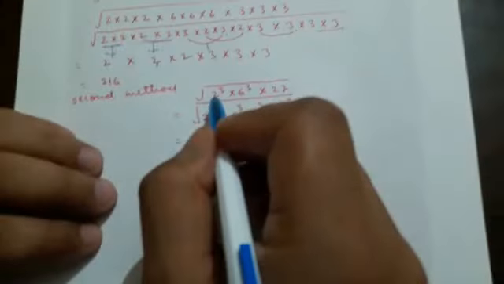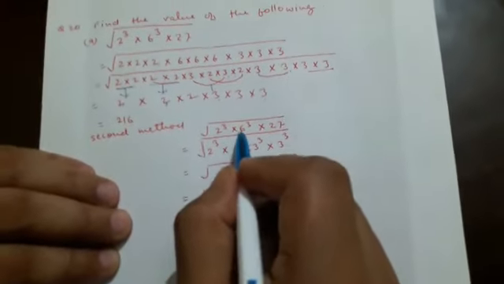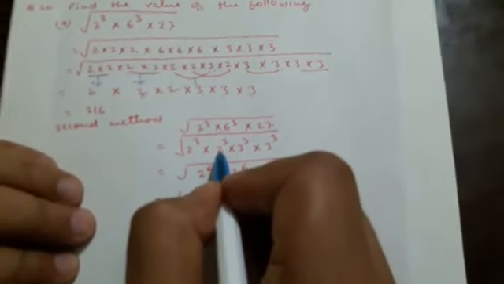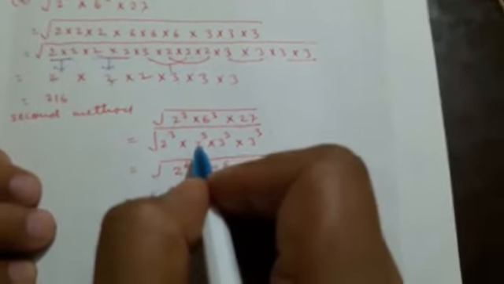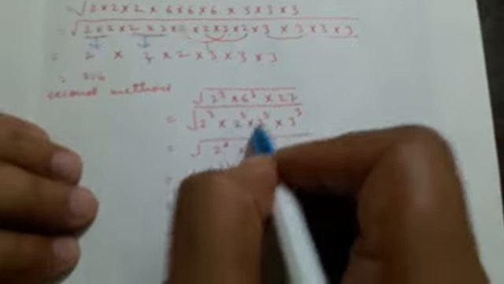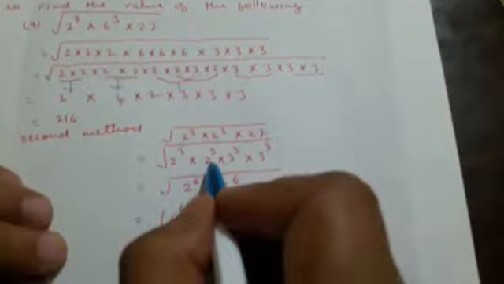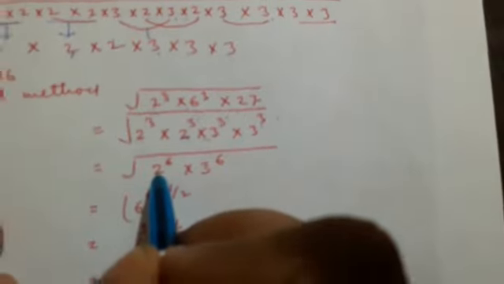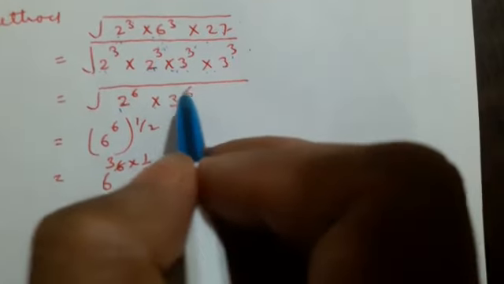The second method is, it is written 2 power 3 into 6 power 3 into 27. So we'll write down 2 power 3 into, in place of 6, 2 into 3, power 3. So 2 3 is 6, and the powers are the same, so we will take the power as common. So 6 power 3, in place of 6 power 3 we can write 2 power 3 into 3 power 3, and in place of 27 we will write 3 power 3. Now 2 power 3 into 2 power 3, bases are the same and powers are also the same, so in that case powers will be added and the base we will take as common. So 2 power 3 plus 3, 6, and here also 3 power 6.